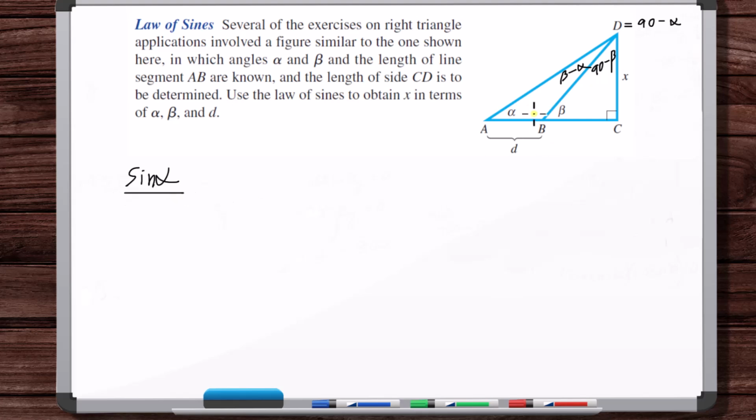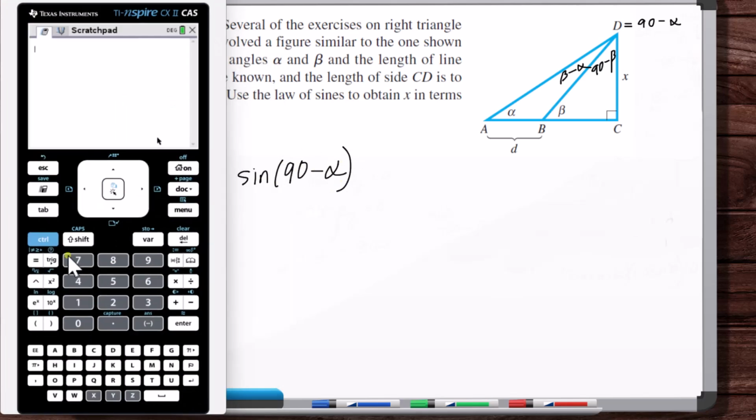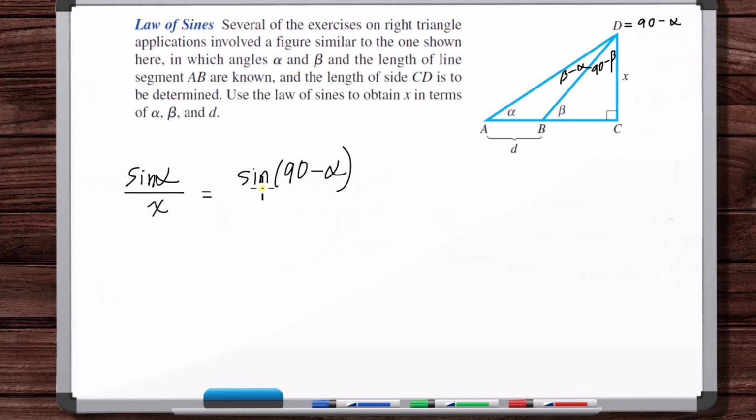So sine of alpha over x. Normally with just sine alpha, it would be x over hypotenuse, right? We could still, in a roundabout way, use regular trig functions, like tangents, but this will be easier. So this is equal to sine of D, which is 90 minus alpha, but sine of 90 minus alpha is cosine alpha. That's a cofunction identity. So we could just change this to cosine alpha